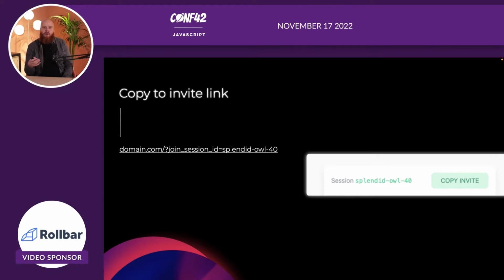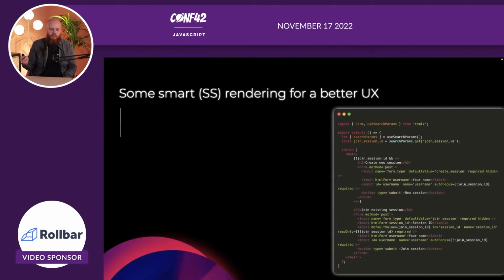If that's not supported, well, then let's have a look whether we have client-side JavaScript, because maybe we can then put it on the clipboard so somebody can paste it. And otherwise, this can just be the entire URL that we see on the left, and somebody can manually copy that. Okay, so when somebody goes back to that index page with the forms, we need to handle basically this query param. So how do we do that?